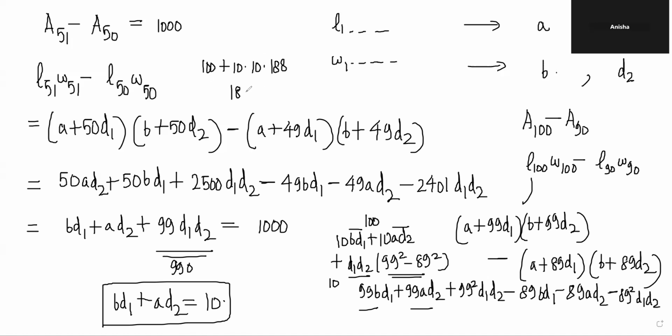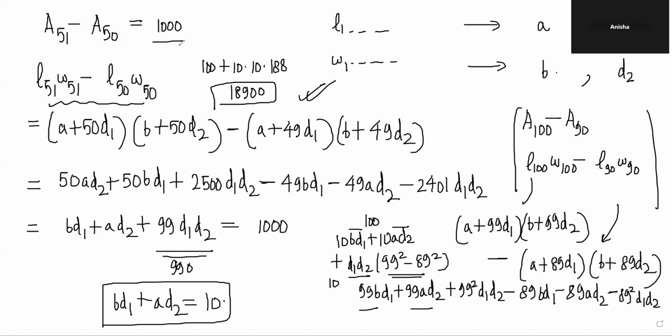18,800 plus 100, 18,900. So ultimately, it's a simple calculation. If you complicate it too much, it will be difficult. The data is given, all you need is to write this expression. The only thing you have to assume was the first term of each sequence, that's all. If you had assumed the first term of each sequence and used the conditions, you would have gotten this,